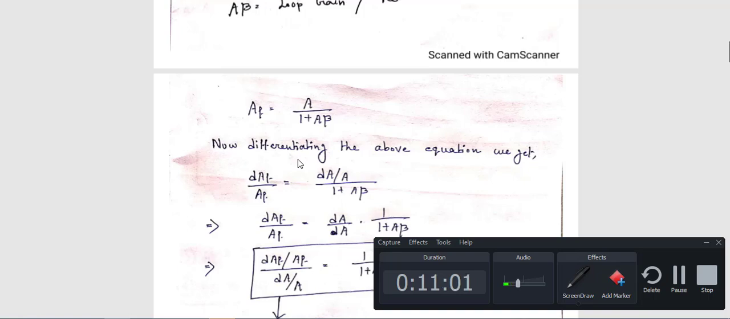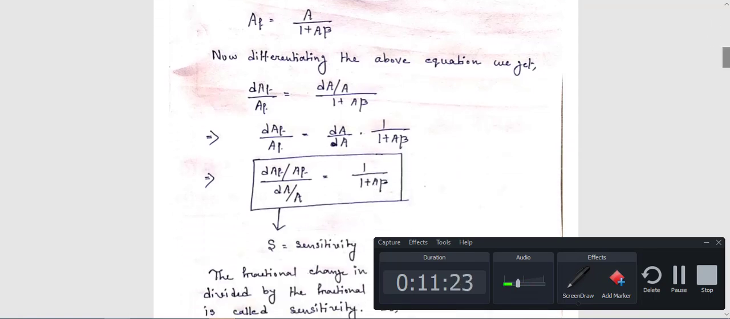Okay, I think all of you have done this differentiation in your 11-12 classes, also in maths classes. So it is not necessary to describe how to perform differentiation. If you differentiate this expression with respect to A, this is known as partial derivation. So you get dAF by AF divided by dA by A is equal to 1 divided by 1